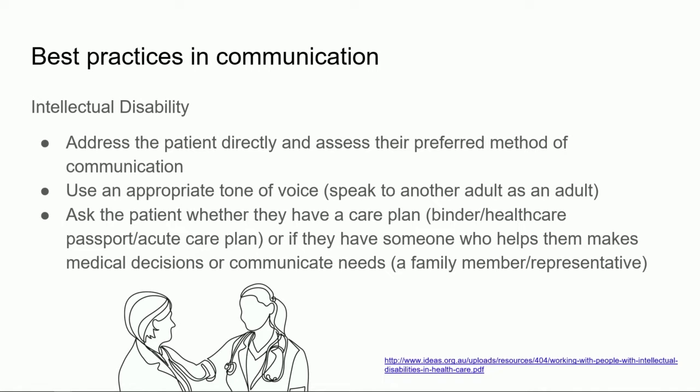What is very helpful is to use an appropriate tone of voice. Like I was saying, speak to them like they're an adult. And generally, I know a lot of patients, when they come from places like group homes or long-term care facilities, very often present with a binder, a plan of care, and that can be incredibly helpful, especially if there's a worker with them, to see what their common chief complaints are, or to understand if there are specific ways of interacting with the patient, or certain things to avoid. That information generally comes with them.